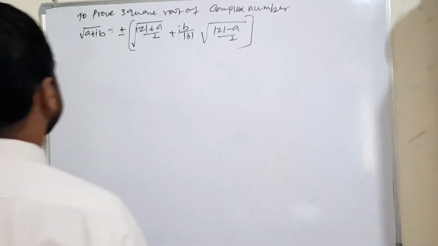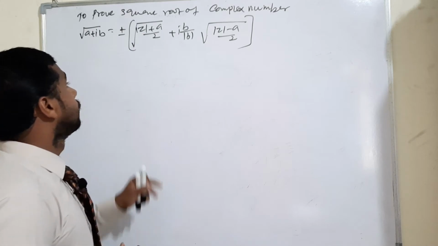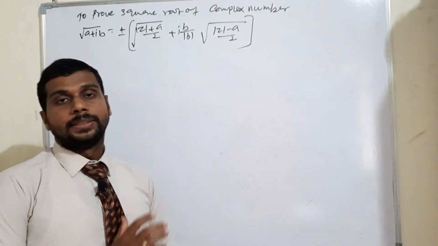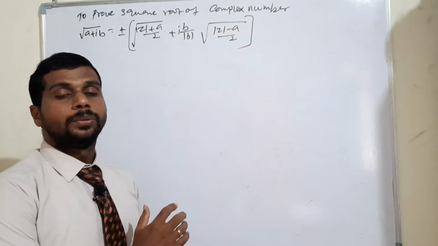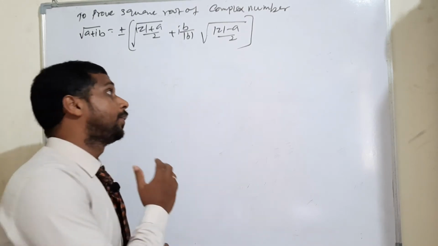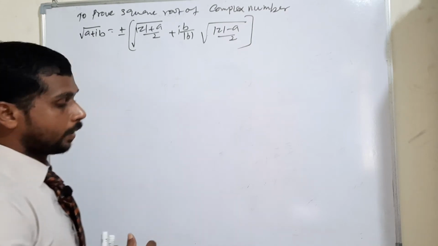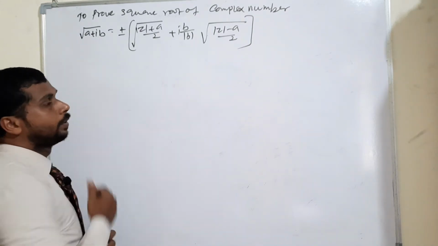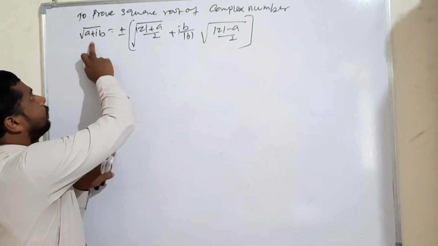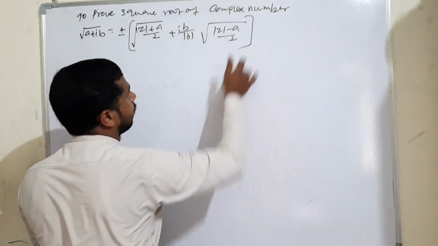So listen my dear students, now I am moving to the basic concept to prove the square root of a complex number. This is one of the important concepts. Without this concept, definitely you cannot attempt some two mark and three mark questions. It's very useful for you. Actually the coming example also depends upon this concept to prove. Okay, I will prove it. I have considered only the LHS to prove the plus or minus part.